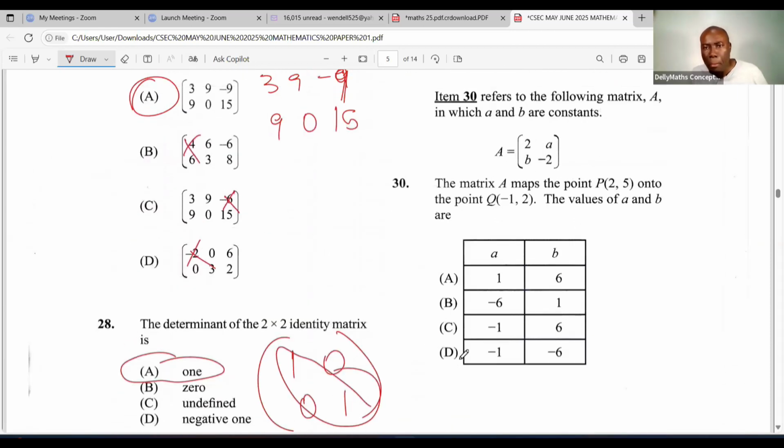Number 30. The following matrix, which we have A and B, they're constants, you're seeing them. The matrix A maps the point P onto Q, and the value of A and B is what? Whenever you're doing that, the matrix goes to the left. So 2A with a B with a negative 2 comes to the left. The point goes to the right here. You're going to operate on it to see what you get. And you're getting